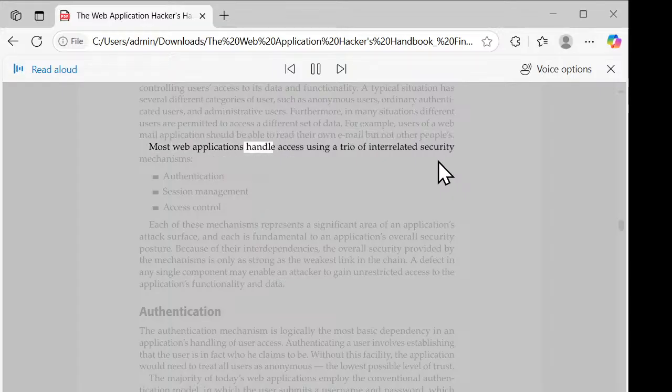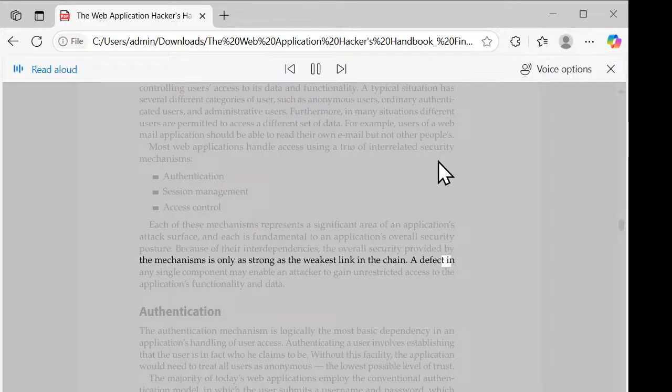Most web applications handle access using a trio of interrelated security mechanisms: authentication, session management, and access control. Each of these mechanisms represents a significant area of an application's attack surface, and each is fundamental to an application's overall security posture. Because of their interdependencies, the overall security provided by the mechanisms is only as strong as the weakest link in the chain.